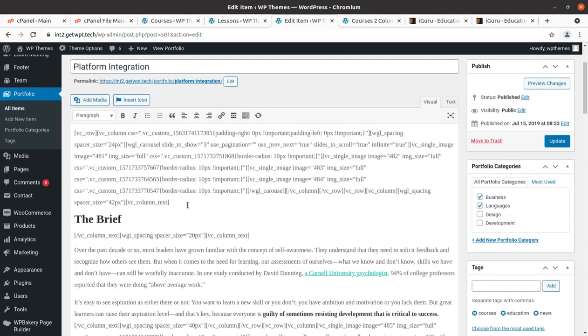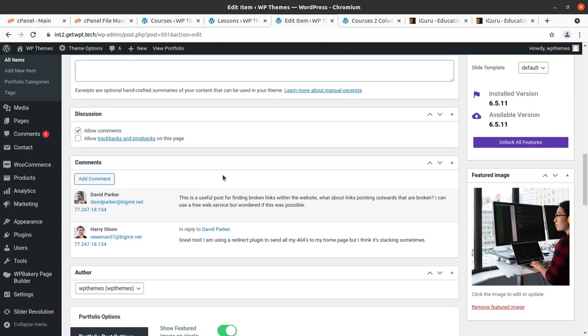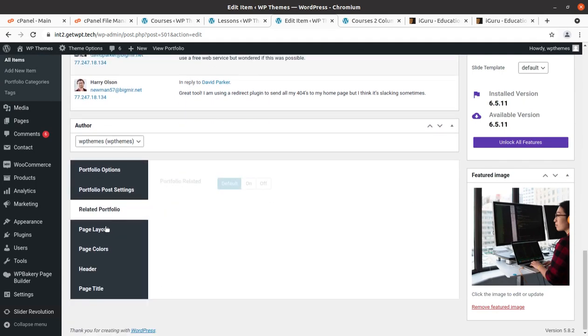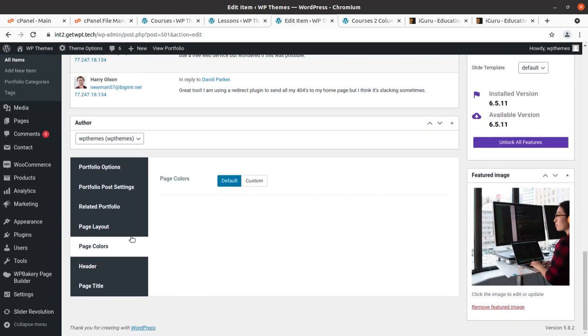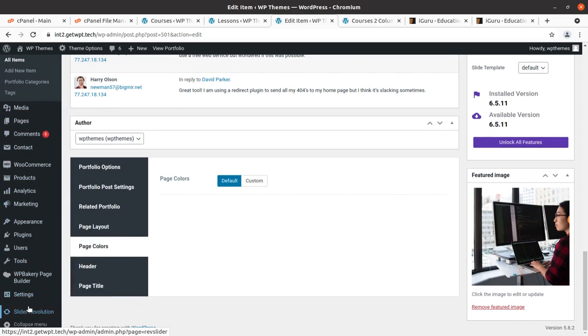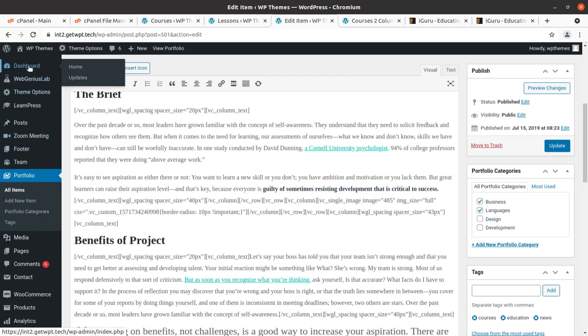This is platform integration again, so you can enable the Visual Composer here as I showed you, and these are the portfolio settings, related portfolio layout, page colors, and other things. Okay, so this is the portfolio, and the rest of the things are as common as in WordPress, so nothing new here. And I believe I have shown you each of these options that we got with this installation, that is the iGuru WordPress theme.